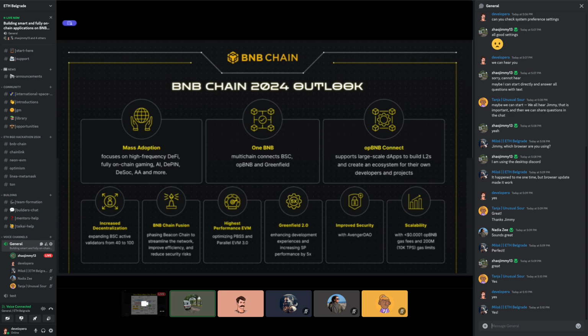Here is our BNB Chain 2024 outlook. Because today is already May, basically 40% of 2024 has passed, and of course we have implemented some items in this roadmap already. For example, the one BNB paradigm has been implemented partially and is still in progress, but the interoperability between the BSC and opBNB and BNB Greenfield has been implemented already.